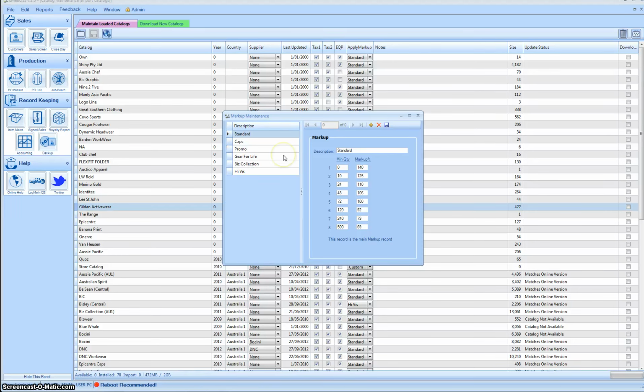Alright, so to edit a markup, very simple. You've already got your standard markups in the list here. So we just created our high vis one. If we realise that, wow, that was a little bit cheap on some of these ones, all we have to do is select the markup that we want to change. So if it's Biz Collection or if it's high vis, we come in, yeah, 100 was a little low to start with, so we'll make that 110. Tab down, and we'll go to 95. And these ones with the quantities, they were fine, but the initial ones were just a little bit too low for the smaller quantities. That's done. All we do is hit save,